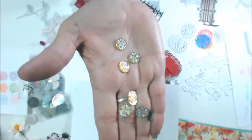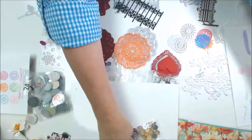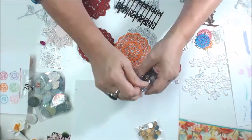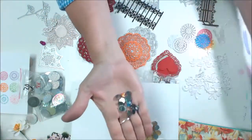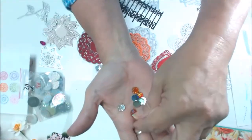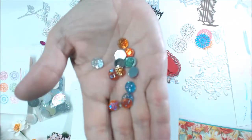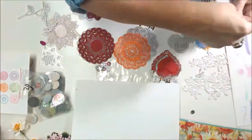I hope you can see how pretty and faceted they are, just beautiful little rhinestones, resin pieces, whatever we call them, and inexpensive. I'll show you real quick on a layout. And look at this assortment. Never knew I was into glitter so much. Okay, just beautiful, very inexpensive. And last but certainly not least on the bling,